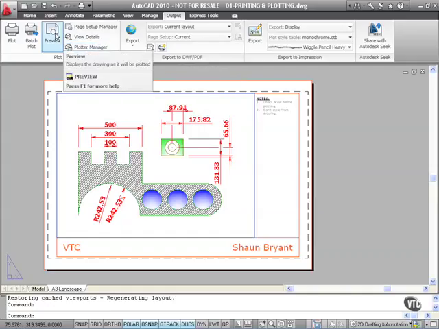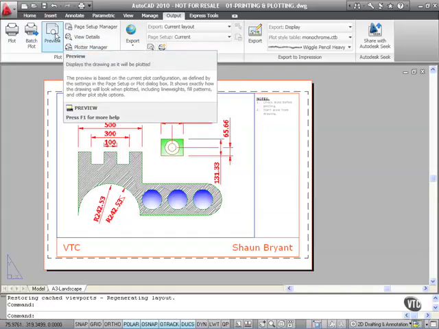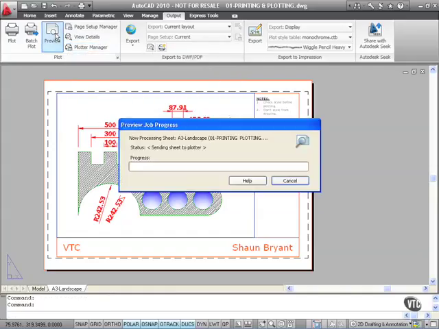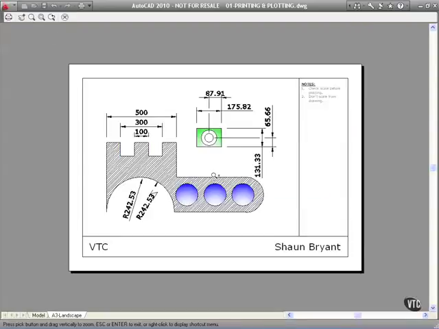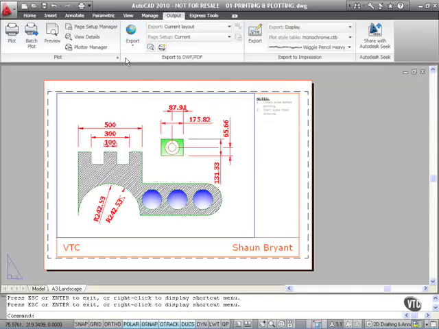So let's preview what's going to come out on this plot first of all. I hit the preview button. AutoCAD will then go as if it's going to plot but give me a preview first. So that's the plot that I'm going to get of that particular drawing. So you can see there everything's black and white apart from the gradient fills there, which always have their own colour. So if I right click now and exit that and go to my page setup manager here,